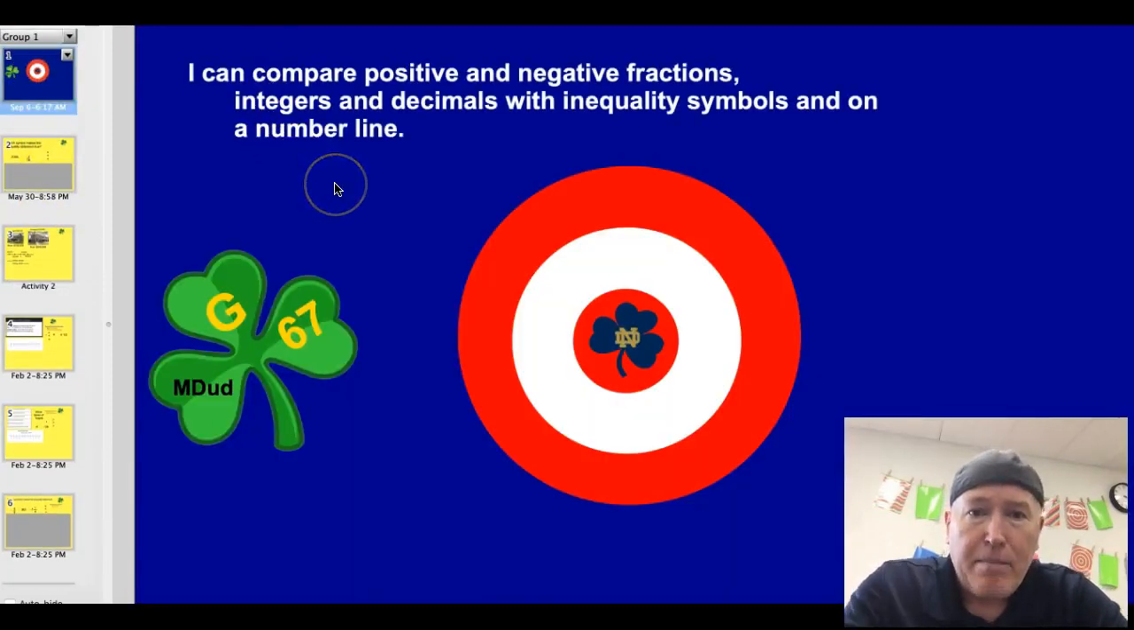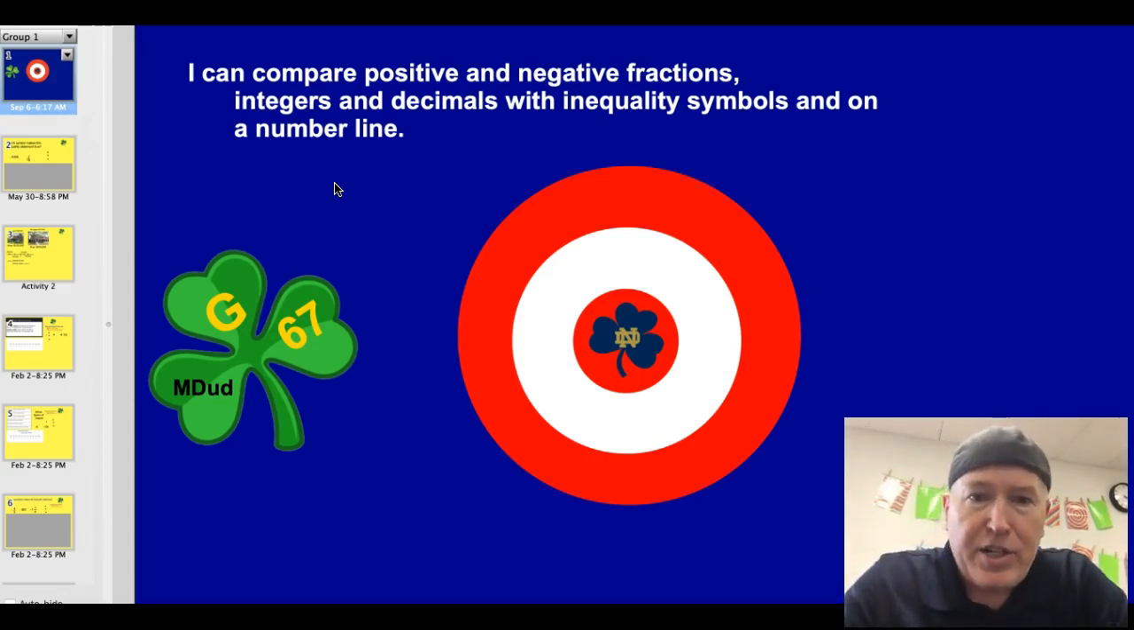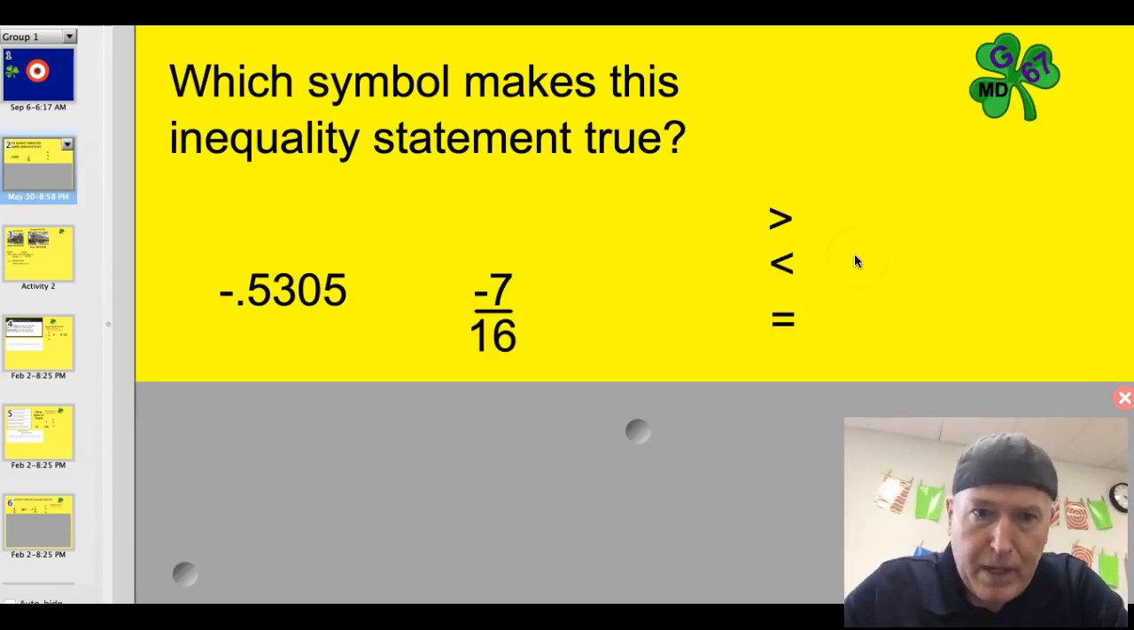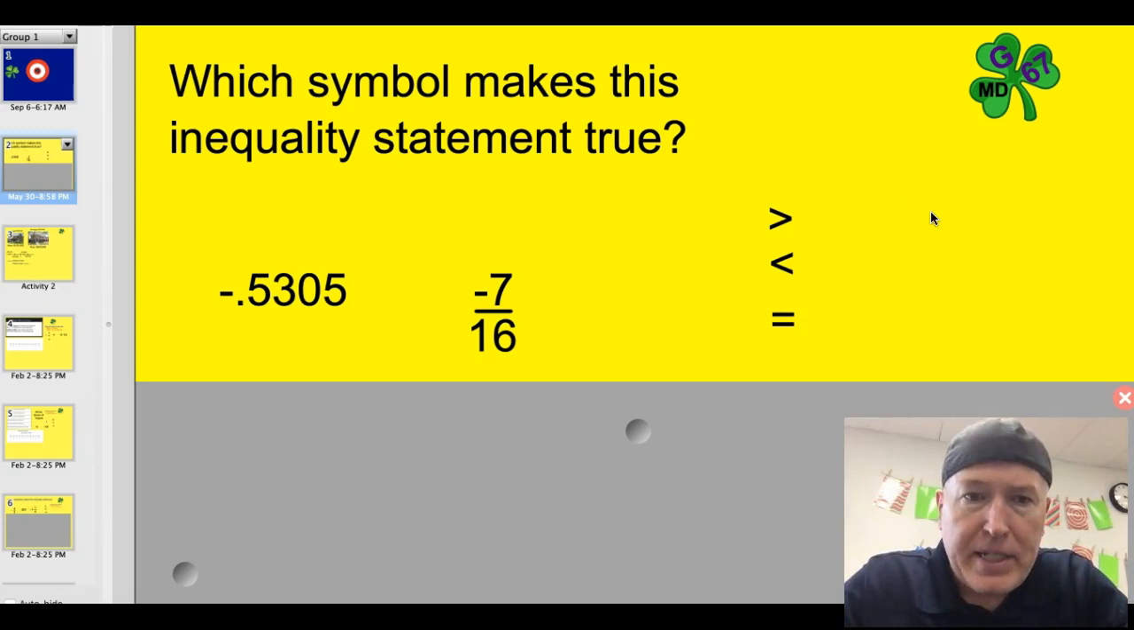All right, I can compare positive and negative fractions, integers, and decimals with inequality symbols on a number line. That is our official target for tonight. Let's do this thing. Which symbol makes this inequality statement true? So we've got negative